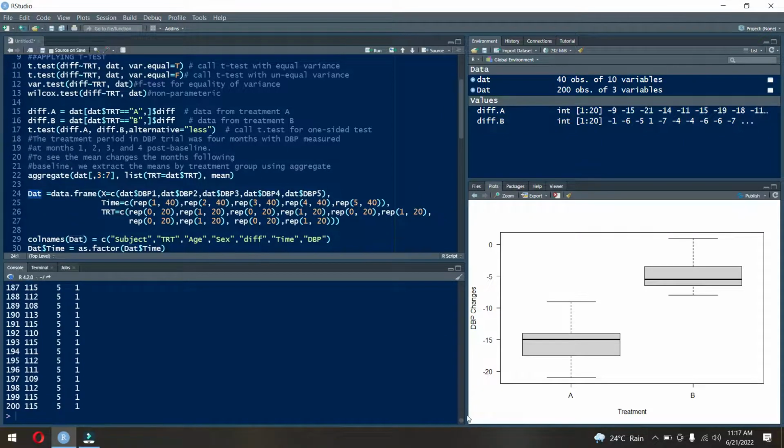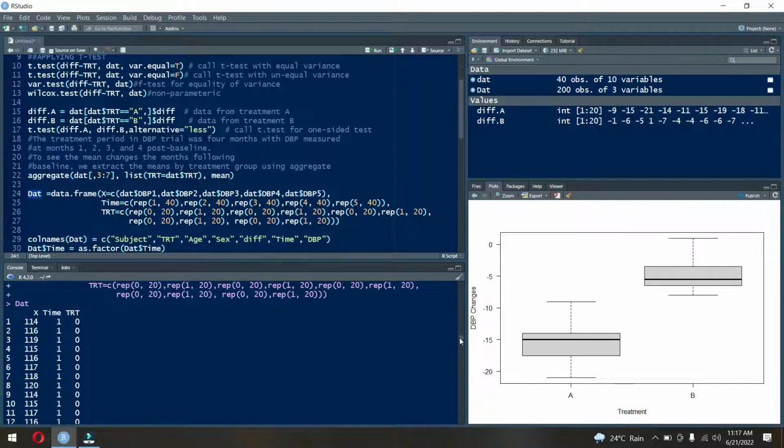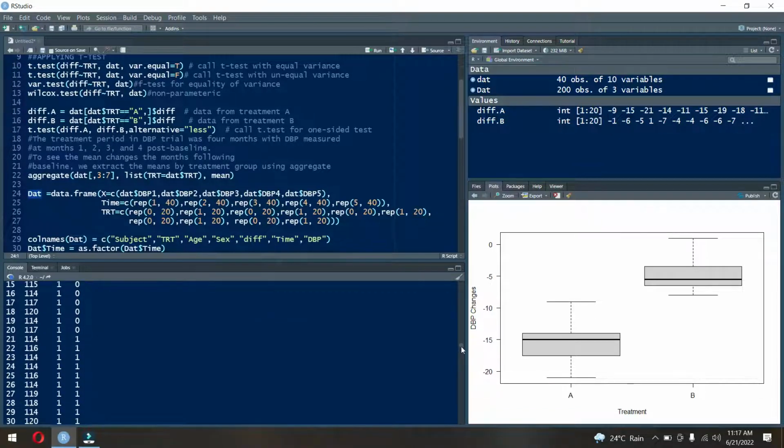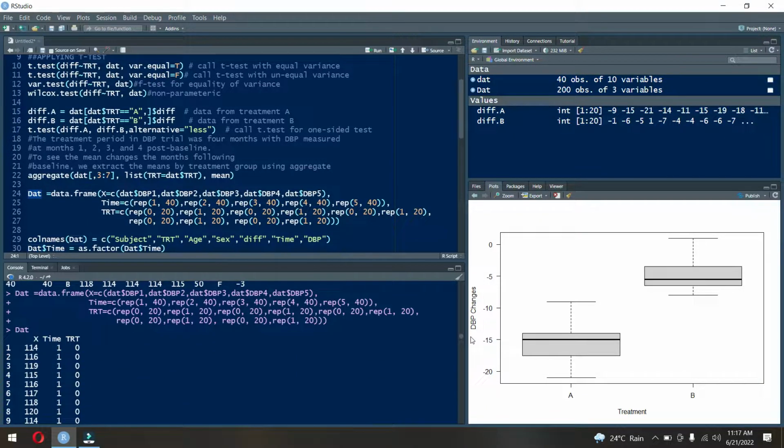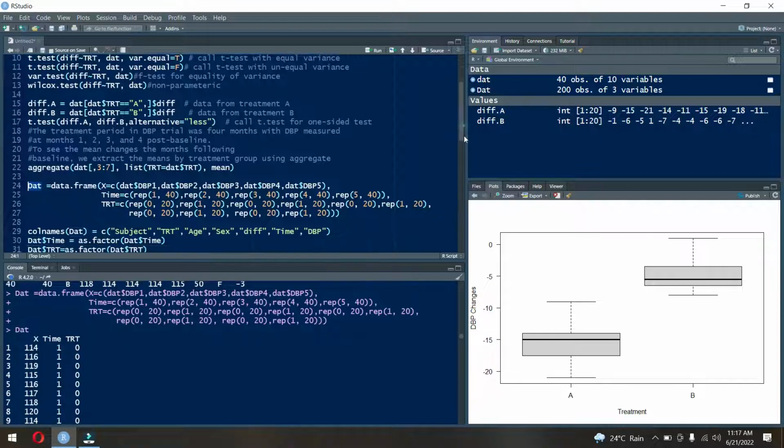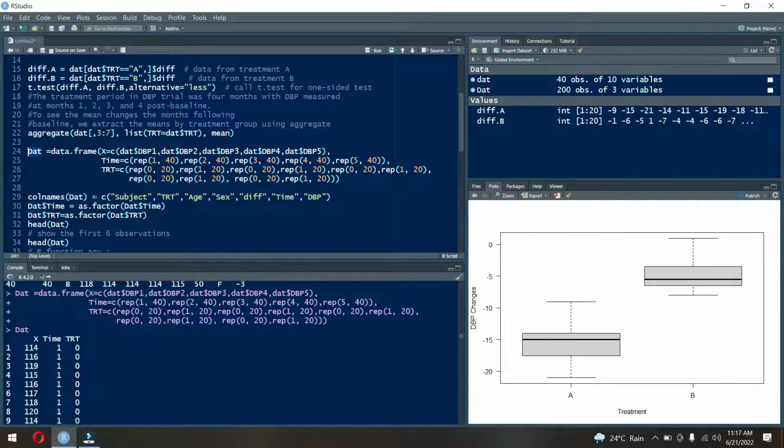So we have 200 observations now, because we have 40 observations for 1 DBP, and we have 5 different time points. In this way we got a data set consisting of 200 values, and the time is repeated for different time points, 1 for time point 1, and 2 for time point 2, and 5 for time point 5. And the two treatments are assigned values 0 and 1 for treatment A and treatment B respectively. So in this way we have a data set,